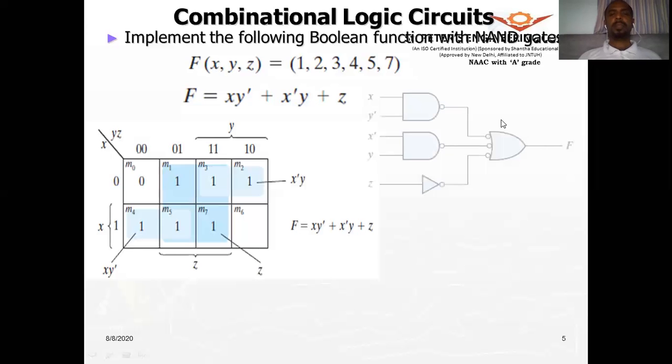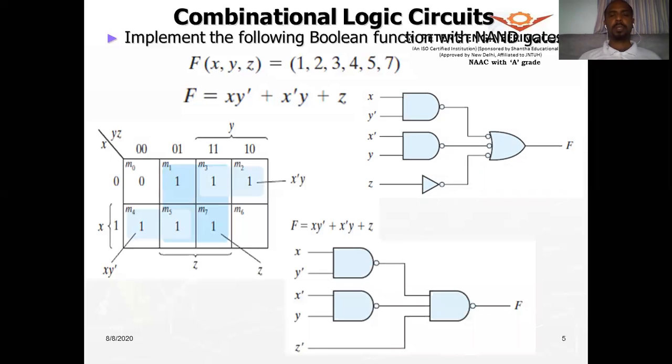Next, how can we realize this? We can give it to an AND gate, and here we are giving y complement. Now here we are using a mix of gates. So we are simply drawing the equation as it is, and then we will implement it fully with NAND gates. So how can we use complete NAND gates for the implementation of the same equation? As shown here, I require two-input NAND gates and one 3-input NAND gate to implement this functionality. So therefore we have seen this.